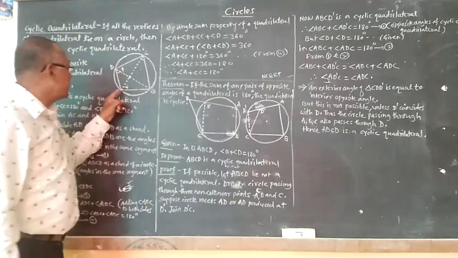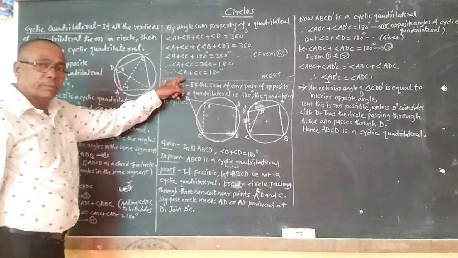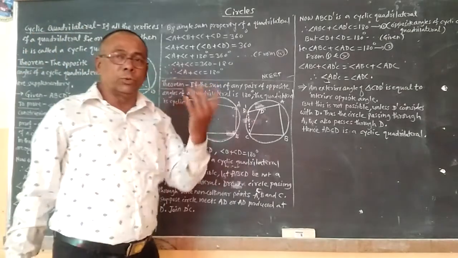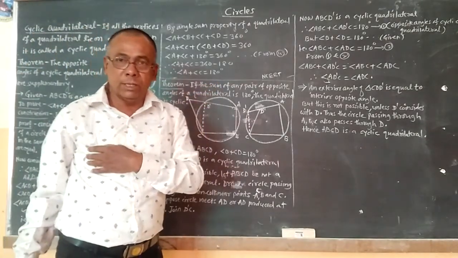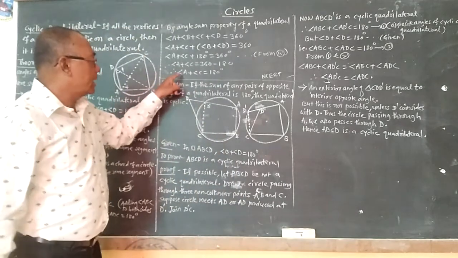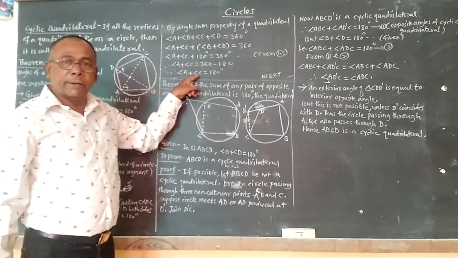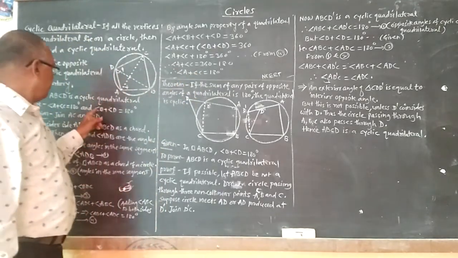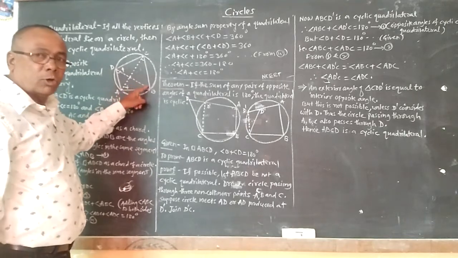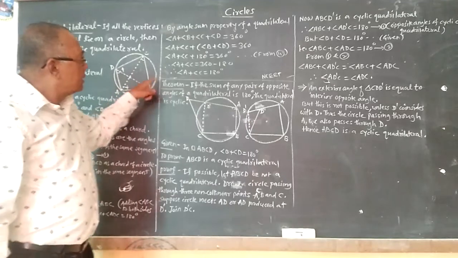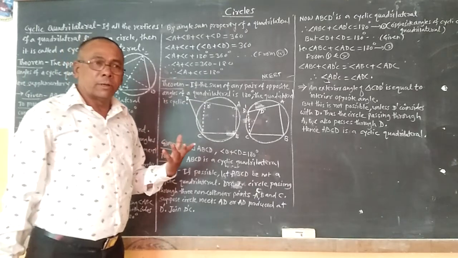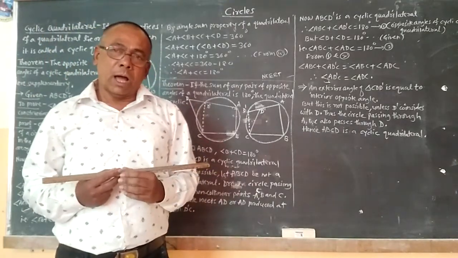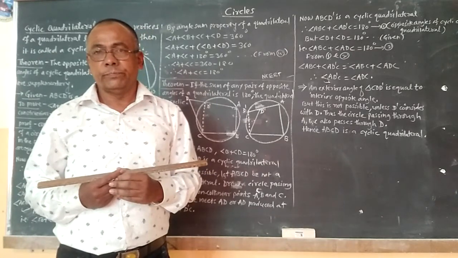That is, opposite angles, angle A plus angle C is equal to 180 degrees, means they are supplementary. We know that if the sum of two angles is 180 degrees, then they are called supplementary angles. Therefore, angle A and angle C are supplementary to each other. Similarly, from equation 4, we can write angle B and angle D, which are opposite angles of the cyclic quadrilateral. The sum is 180, and therefore, the opposite angles of a cyclic quadrilateral are always supplementary to each other.